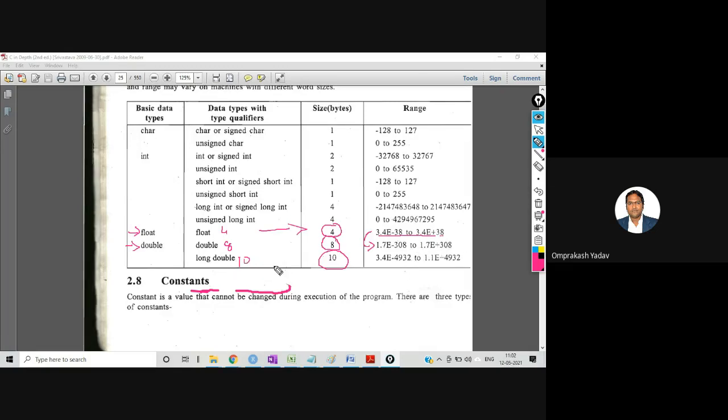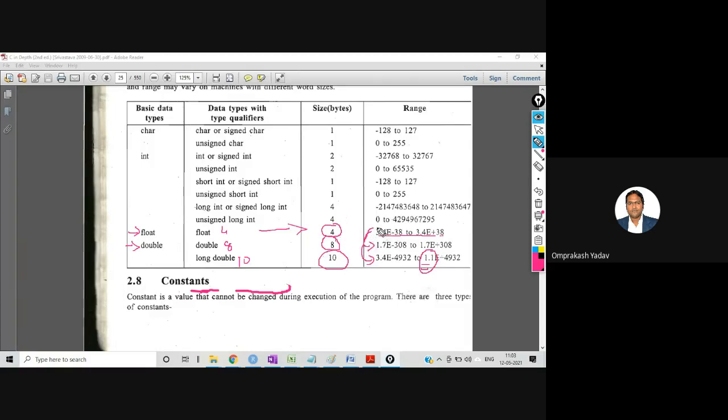And the long double has the max range, so 3.4 e raised to minus 4932 to 1.1 e raised to plus 4932. There is one change, this is 1.1. So these three values you will have to remember.